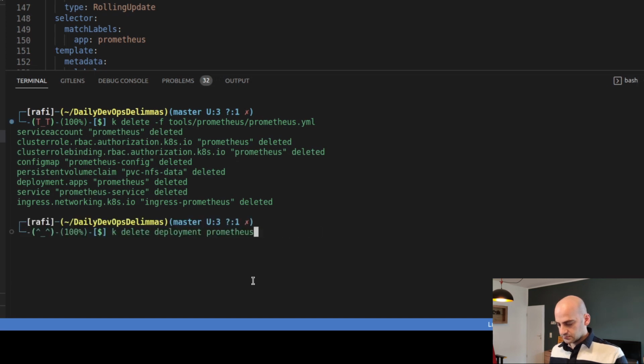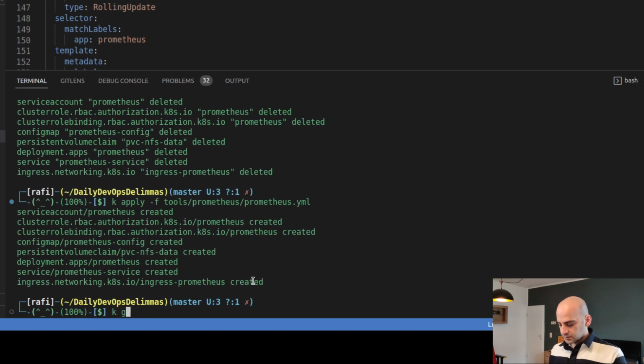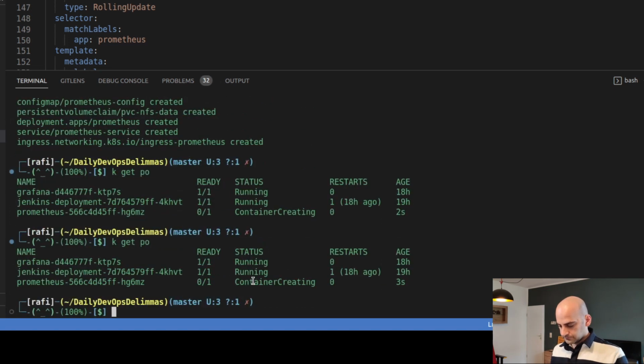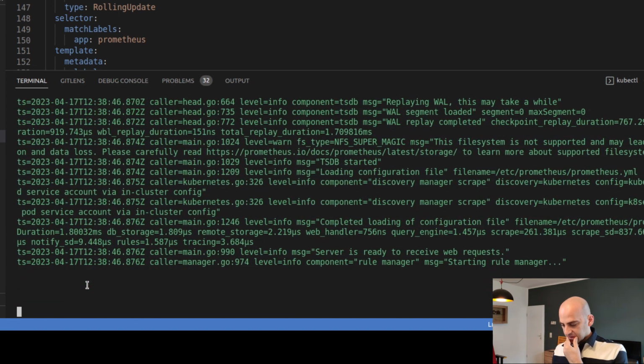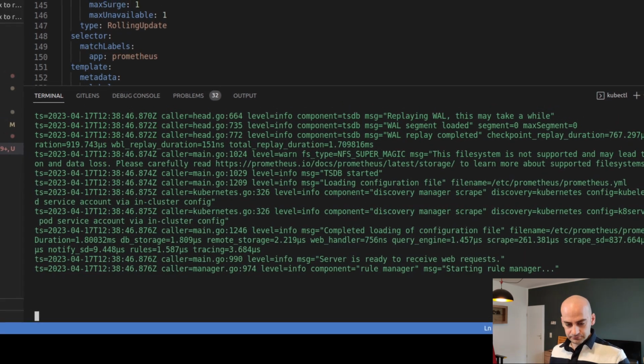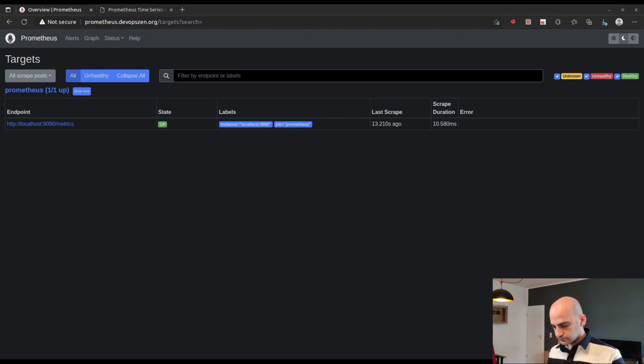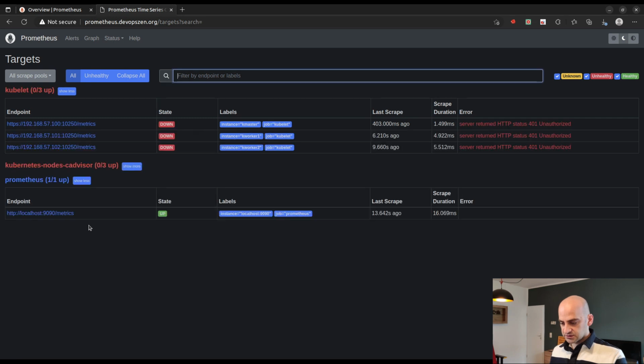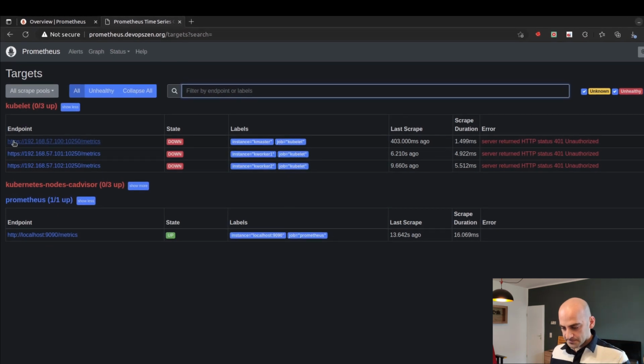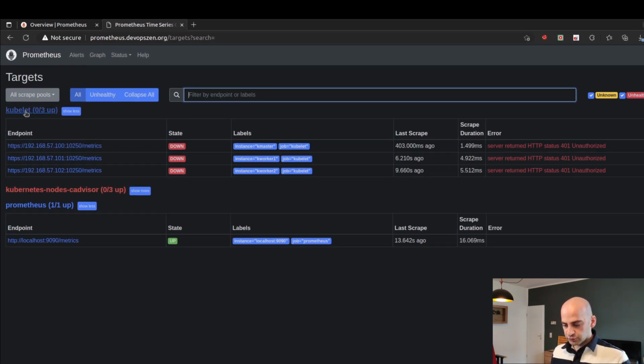And then apply it. Get PO. Let's say... and yeah, the good news is the errors are gone. Let's go back to the Prometheus dashboard. And then by refreshing the targets here, yeah, we see that we have endpoints available here, both kubelet and the